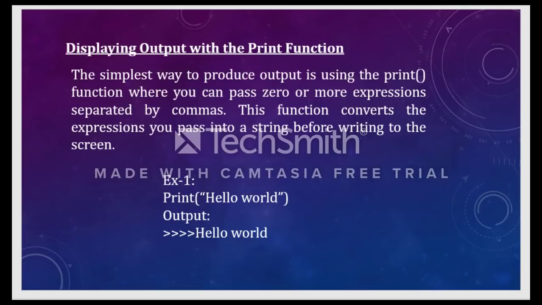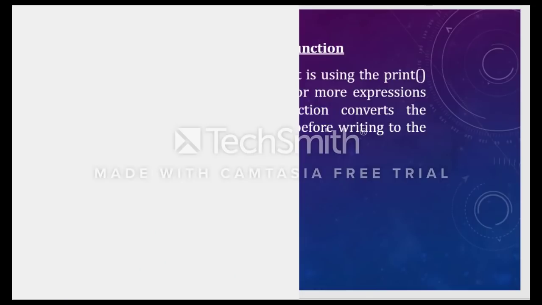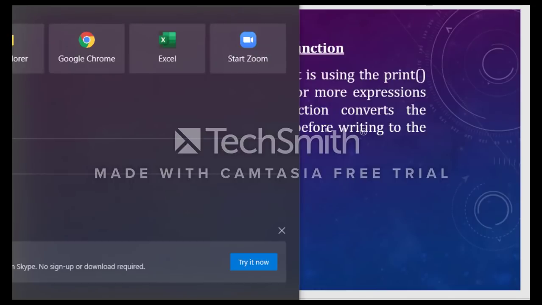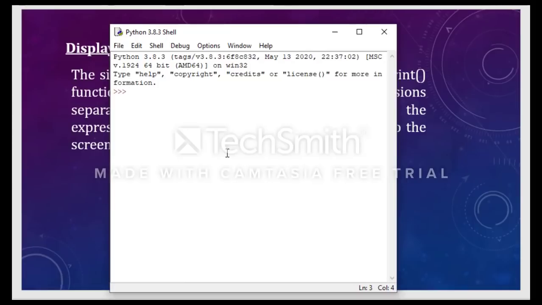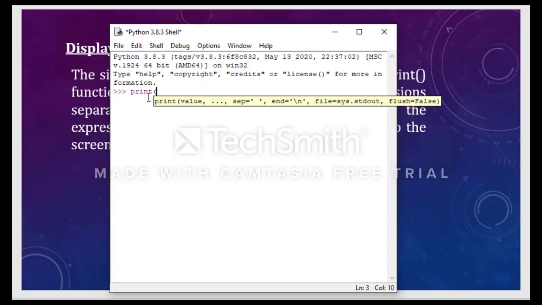Similarly, we write all the statements. I can show in this video how we can use the IDE to execute these statements. This is the IDE where we can type our commands directly. Now I want to use this print function and display the string hello world.